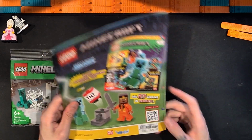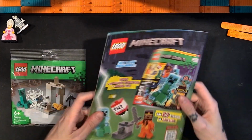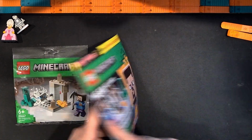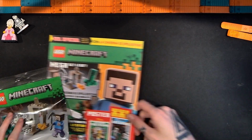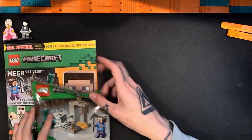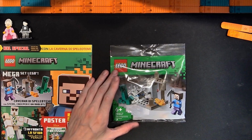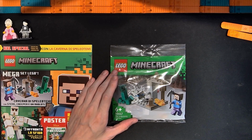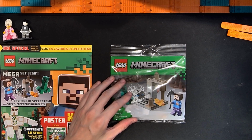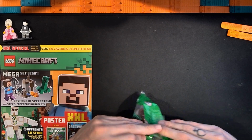Maybe I forgot to mention I paid €8 for this. It says it on the back. So €8 for the magazine and the polybag. The €8 is probably 9, close to 10 USD. This was probably sold in USD for $5. Apparently it has like 45 pieces, and I've already looked at it, so I'll just go through it pretty